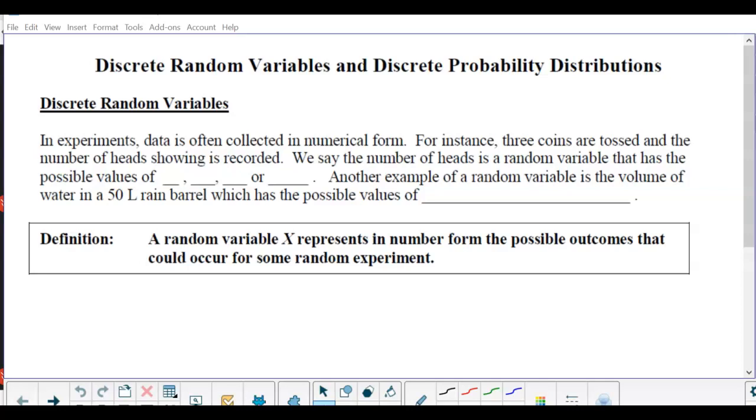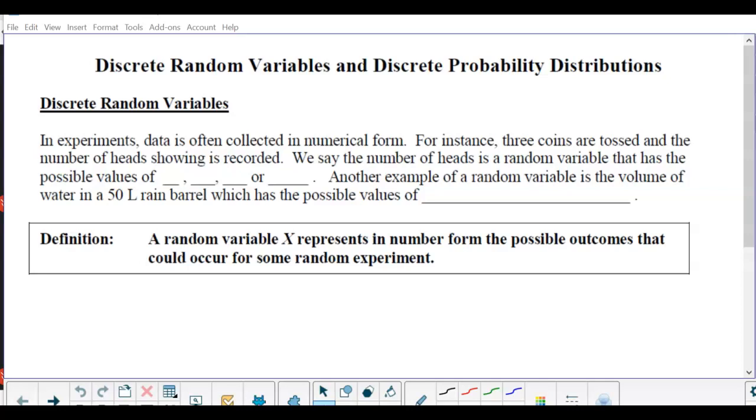Think about the real numbers. Between 1 and 2, there's an infinite number of numbers, with decimal places to the billion, trillion, whatever in between. It's continuous. So in this case, we're looking at things where it's right or wrong, or it happens or it